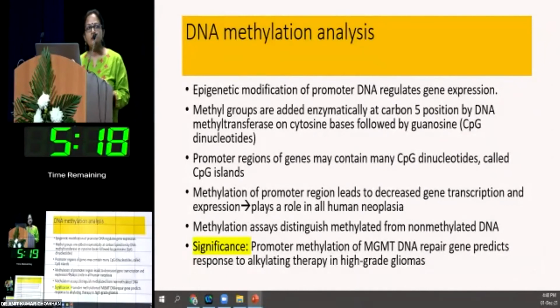Methyl groups are normally added to the cytosine nucleotide, which is followed by guanosine at CpG islands. These CpG islands are rich in the promoter region of genes. Methylation at these sites causes decreased gene transcription and plays a role in human neoplasia. So the significance of distinguishing methylated from non-methylated DNA is that it predicts response to alkylating therapy in